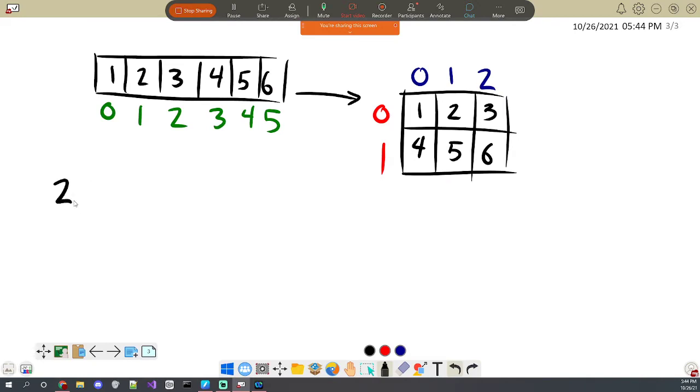So again, we know in advance that the 2-dimensional thing is going to be a 2 by 3, and so we can use that to figure this out. Let's say I was to go and access any one of these things, the 1, 2, and 3, then they're at index 0, 1, and 2. One thing to notice about that is that they're all in the first row together, and then as far as these 3, 4, and 5, these would also be at position 0, 1, and 2, but they would be in row 1 instead.